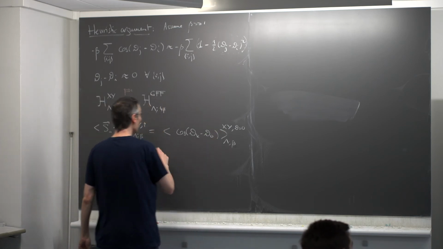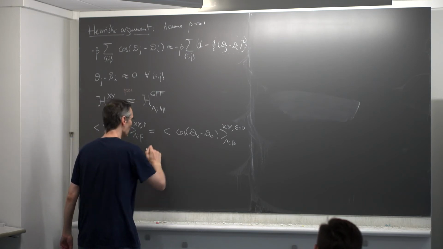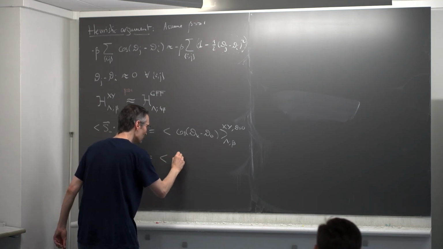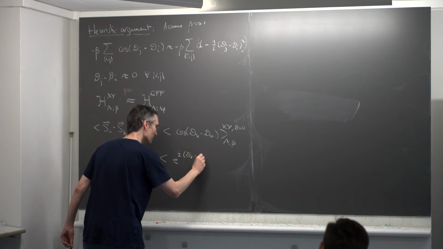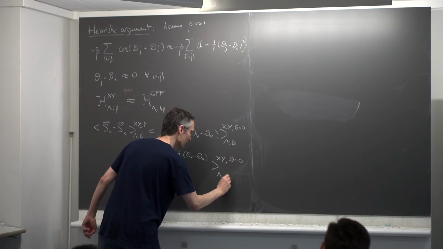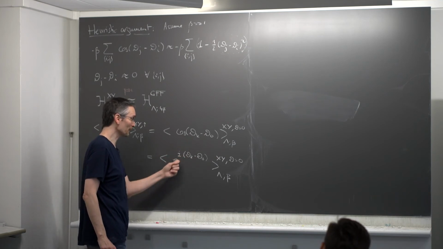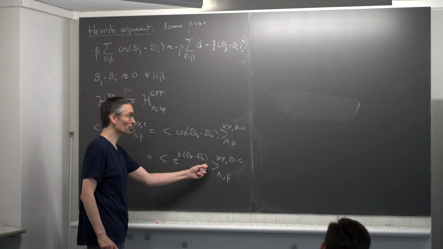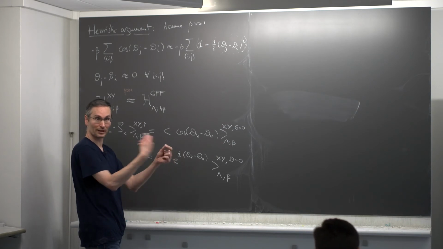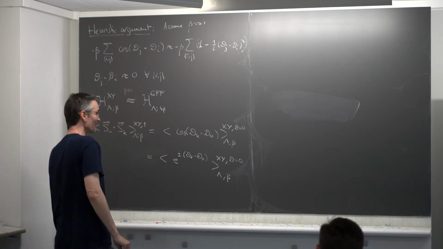Now, by the discussion that we had before, I would expect this to be very close. Let me do it in 2 steps, maybe it will be easier. So this I can certainly also write as e to the i (theta k minus theta 0) in the XY model with theta equals 0 boundary condition, lambda, beta. So the only thing I've done is, what is this? This is cosine of theta k minus theta 0, which is what I have here, plus i times sine of theta k minus theta 0. But with this boundary condition, by symmetry, the sine part is just 0. The expected value of the sine will give you 0 because you can always take one angle and the opposite angle and they will cancel. So this is just an identity.